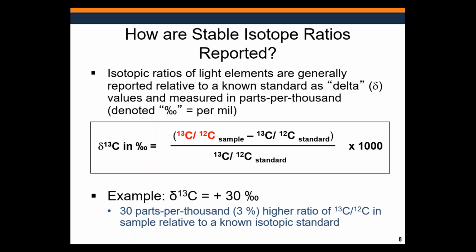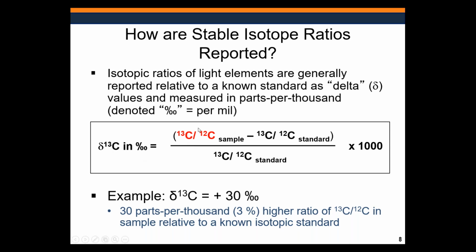Now, this is often confusing for people, and it's how are these ratios reported? So they're generally reported relative to a known standard as something called a delta value. This Greek delta value is something that's measured in ratios on a part per thousand scale, which is confusingly enough called per mil. So we know percent is parts per hundred, per mil is just parts per thousand. So typically, this delta value, in this case, this would be delta C13 in parts per thousand or per mil,